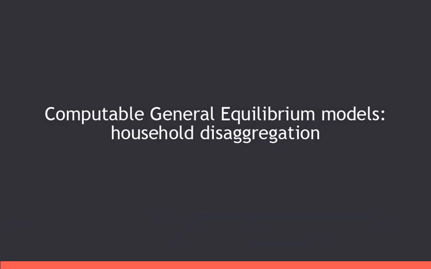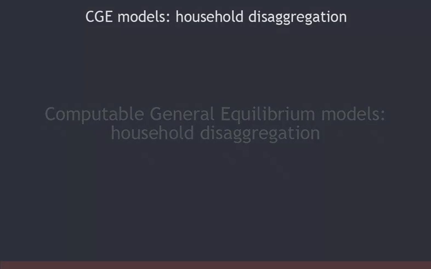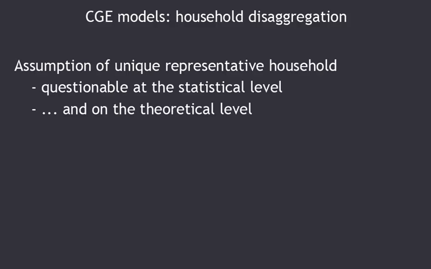Here is a lesson on disaggregating households in a computable general equilibrium model. Why is it interesting to disaggregate households in a computable general equilibrium model? The representative household assumption is statistically questionable because it is difficult to summarize with a single household an entire distribution